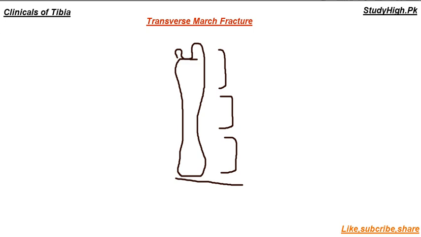So this is the main thing. First of all, you must remember the site of fracture of the transverse march fracture or transverse stress fracture. The lower one third or inferior one third of the tibial shaft is the commonest site of transverse march fracture. It is not very complicated or complex, but a patient can swim, and can perform other activities like gym, but nothing related to the shaft of the tibia. The patient can perform any activity except those that involve the shaft of the tibia or tibial bone.